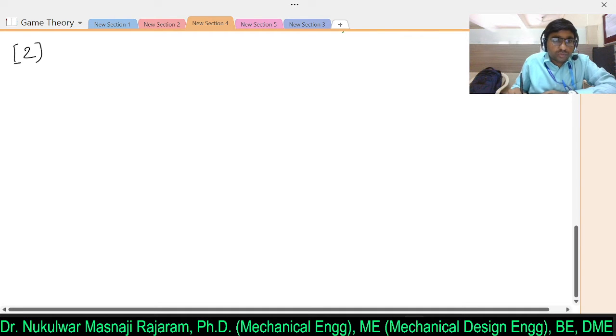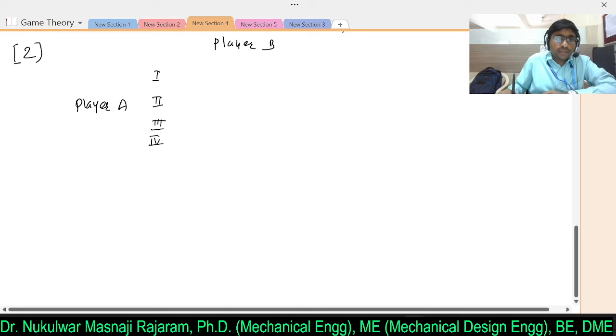Clear? So I will write the matrix. Player A is having 4 strategies, 1, 2, 3 and 4. Player B is having 4 strategies, 1, 2, 3 and 4. Clear? So I will write just the problem statement: 3 3 4 0